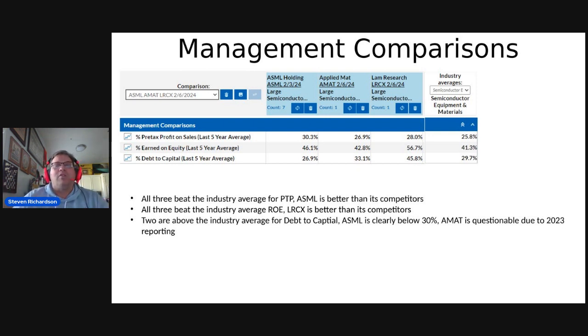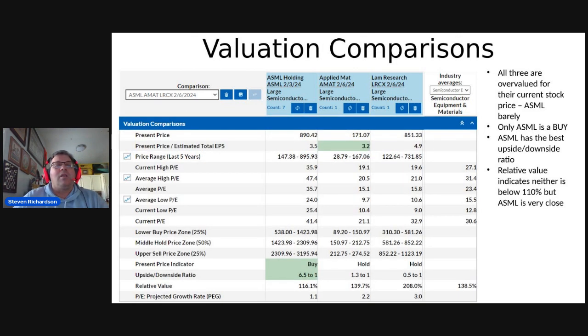You can set these criteria for yourself. Okay, let's look at the next one. The valuation comparisons. Relative value, way down at the bottom, is a method of determining an asset's worth that takes into account the value of similar assets. I had to look this up. In this case, it's